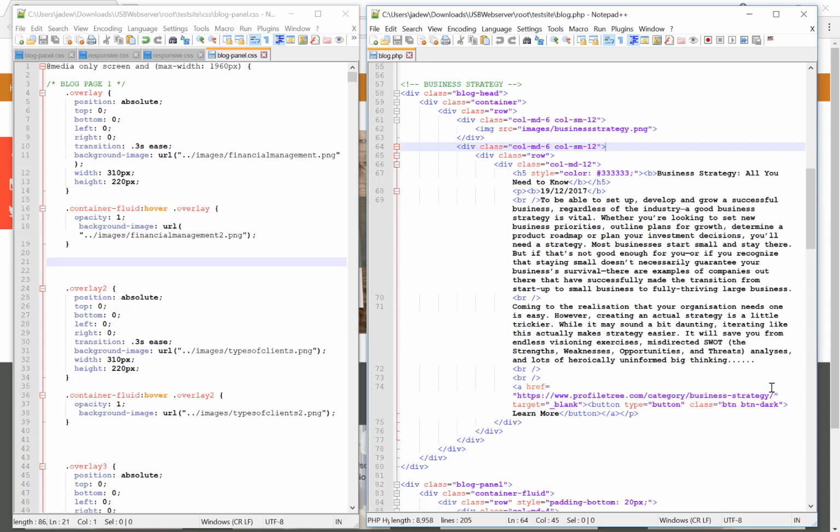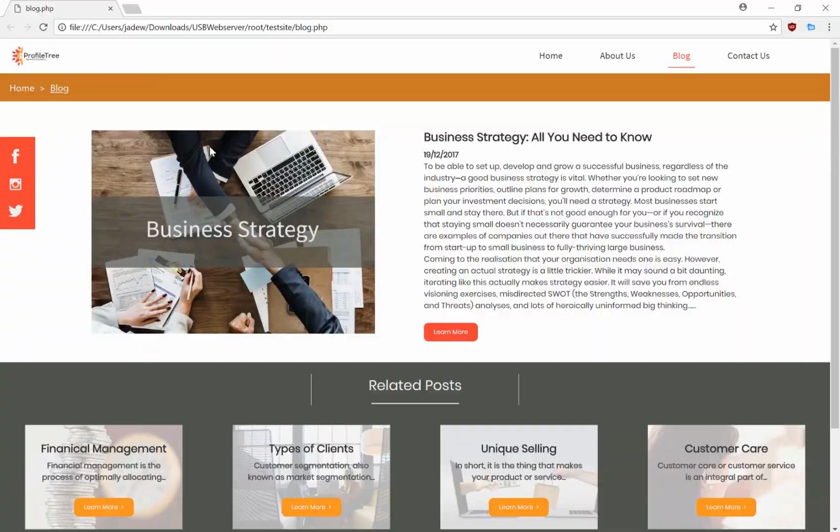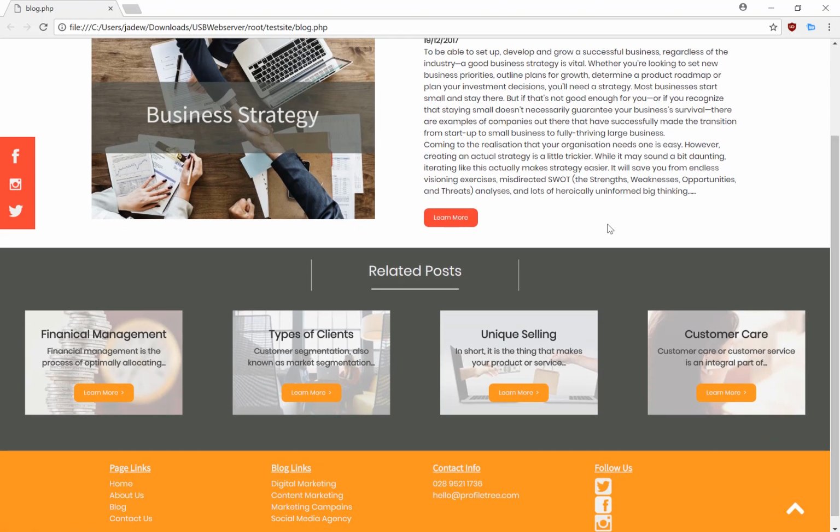And I also used a different type of button class, which is button dark in this case, and I styled the button dark classes so that they can be used throughout all of the blog head sections on every blog page. So this area here is what represents this head section here. So this is the image in the 6 width column, and then here is the heading and text and button as well. So below is the blog panel area,